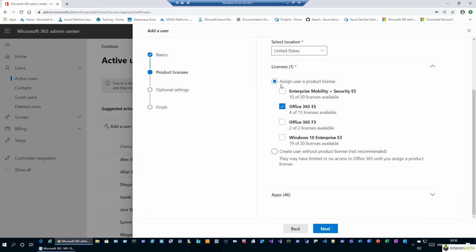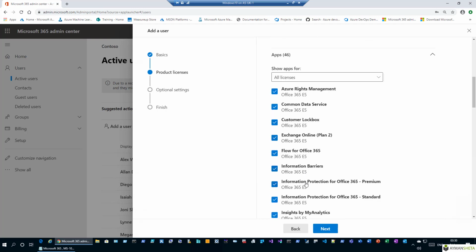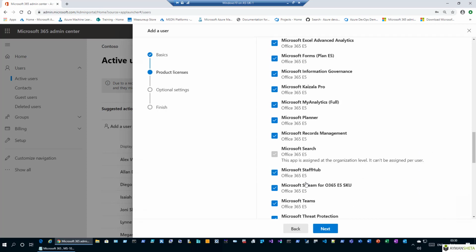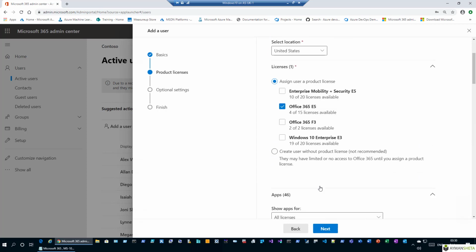By moving down to the application category, we're going to see more licenses, and we're going to see a range of license applications which are included within the Office 365 E5 license. Moving next